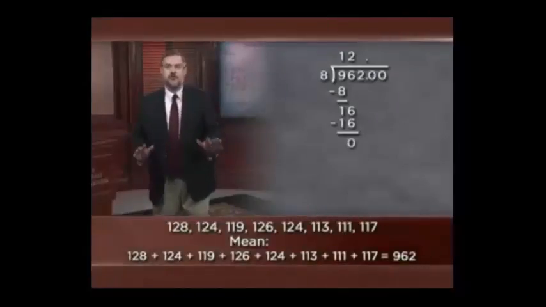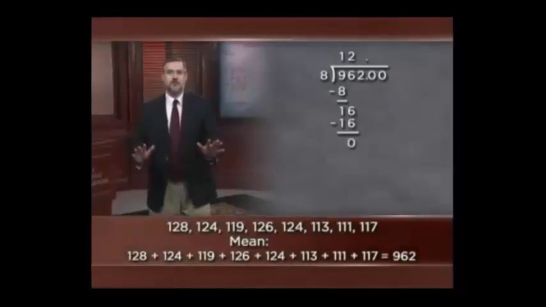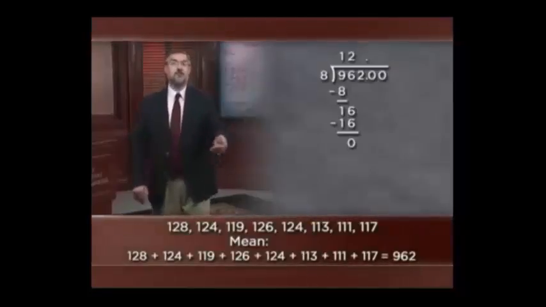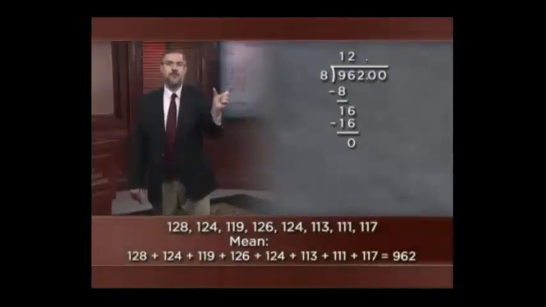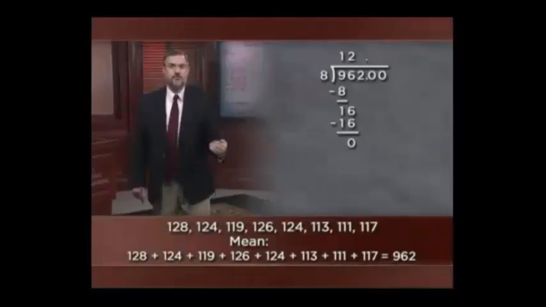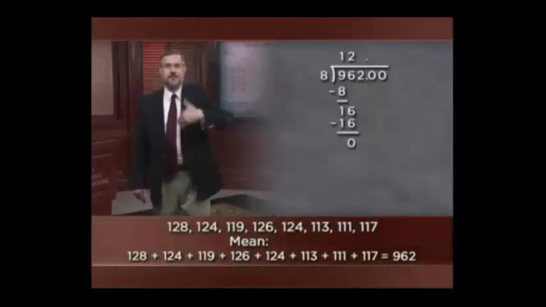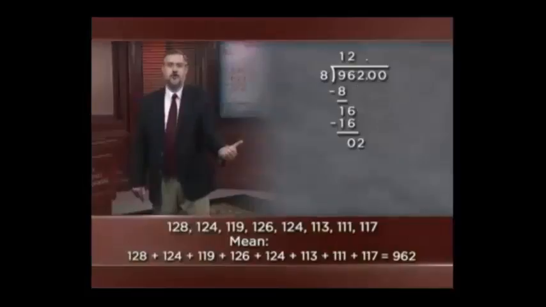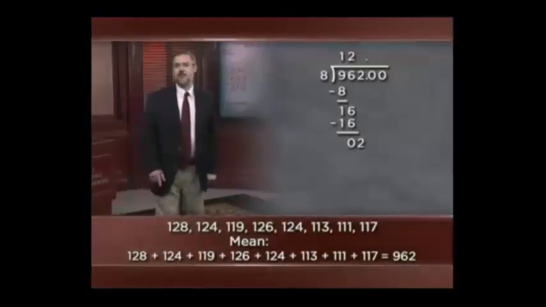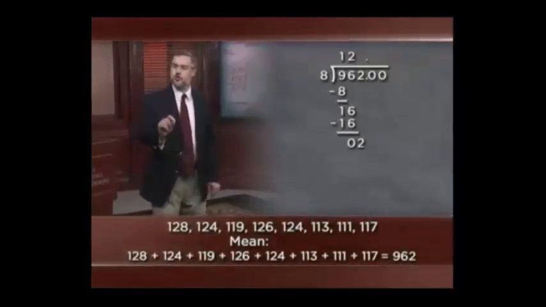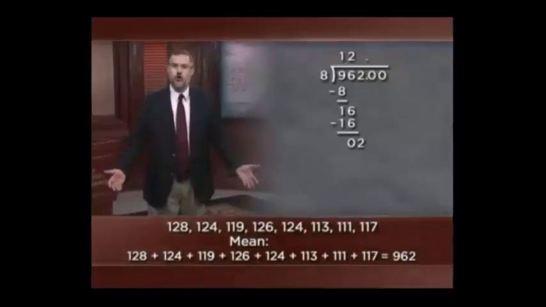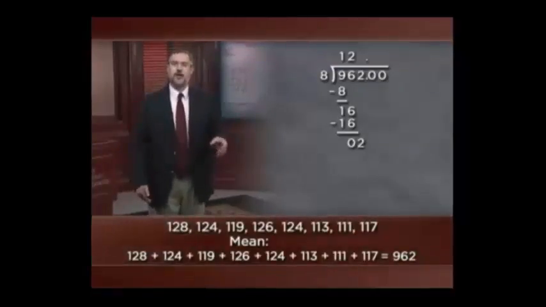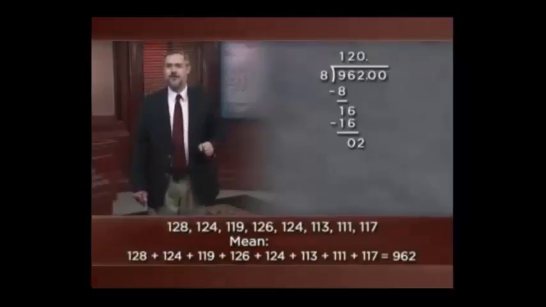Very good. Now, do we stop because we see a 0 in that work section? Absolutely not, because there's still a 2 in 962, which has not been dropped down yet. So we have to keep going. We drop down that 2, and we now ask ourselves, how many times does 8 go into 2? Well, 2 is too small for 8 to go into it. So we have to put a 0 up in our answer section, just to the left of the decimal point,